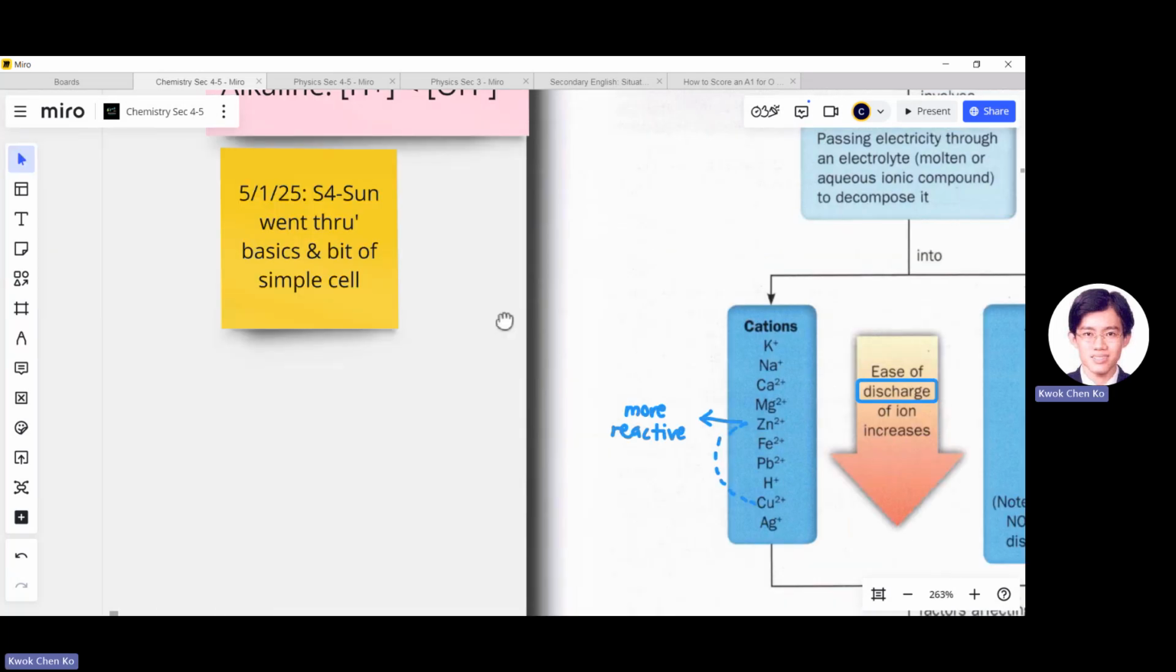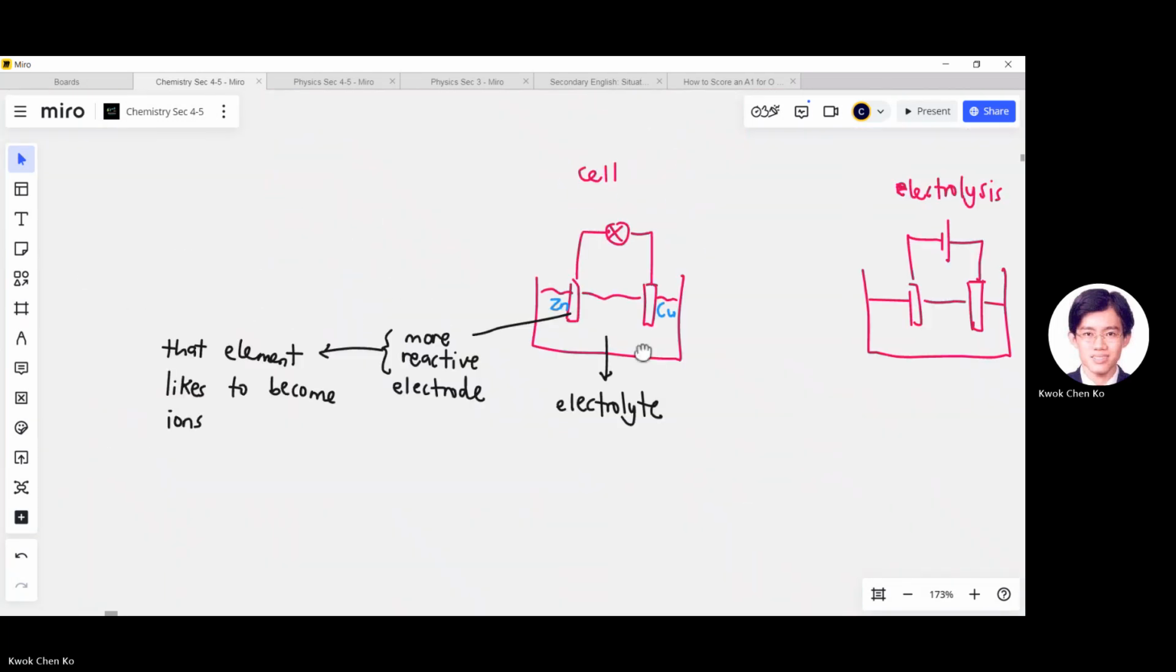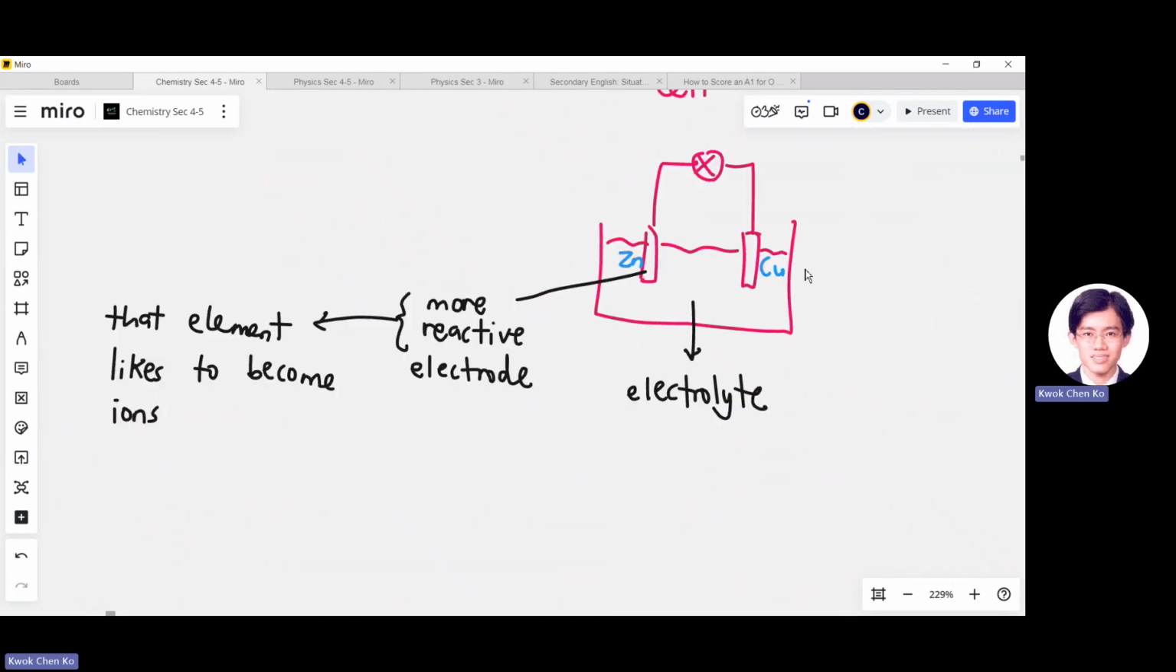So let's go back to our question. Zinc is more reactive than copper, and they are the two electrodes here. Who is cathode and who is anode? Copper is cathode. Good. And obviously the other guy must be anode. Right, so